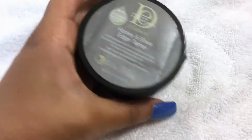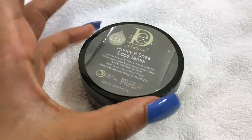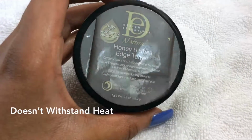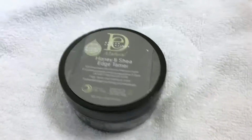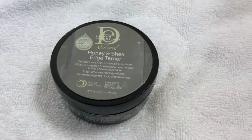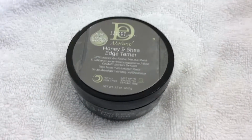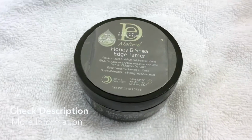Oh, and another thing, do not put this in the heat, because I witnessed it start to melt. Well, duh. But I witnessed that this thing will melt quick and it'll just be really oily. That's one thing I just wanted to say, because, you know, you learn. But anyway, so again, this is the Design Essentials Natural Honey and Shea